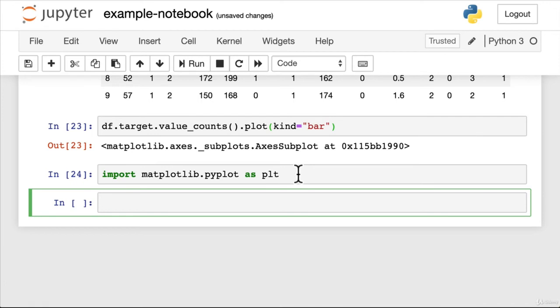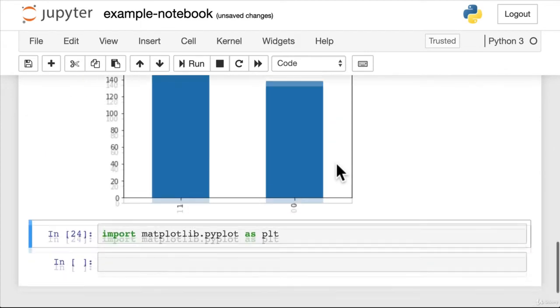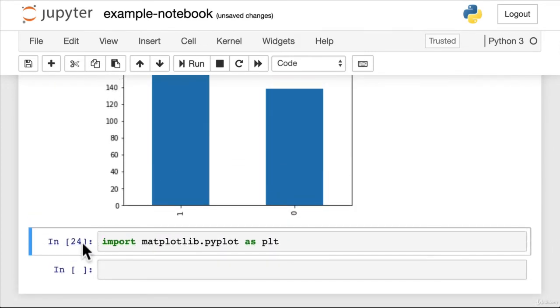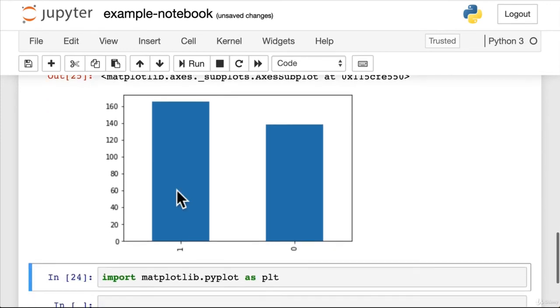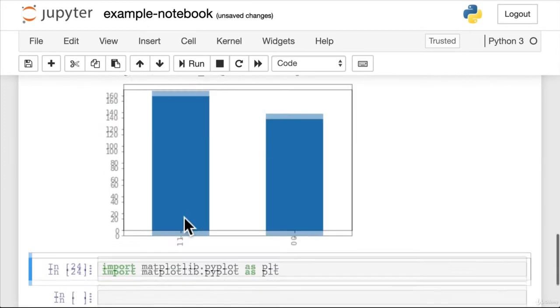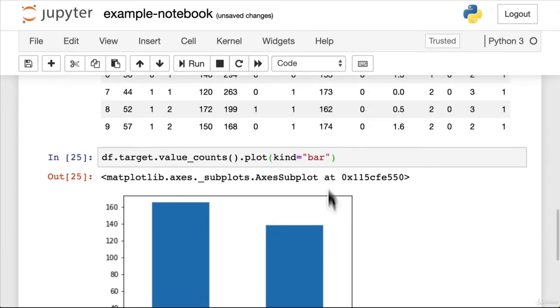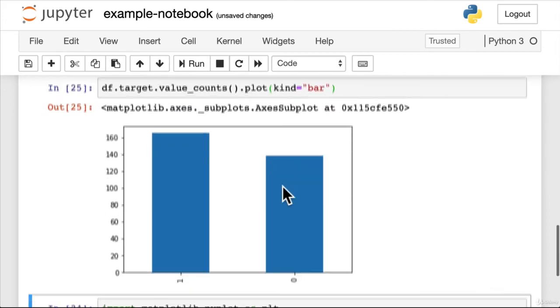Now, why is that? Well, remember, Jupyter notebooks are executed in order of operation. So just because we ran a cell down here doesn't mean it's going to influence the cell up here. So what we'll have to do is come back up here and rerun this cell. There we go. So now if we look at the numbers, In 24, In 25, Out 25. You see what just happened there? Because we ran this cell before as 24 and this was 23, running this piece of code didn't affect this until we reran it. So that's a very important thing to think about with Jupyter notebooks, is that they're executed